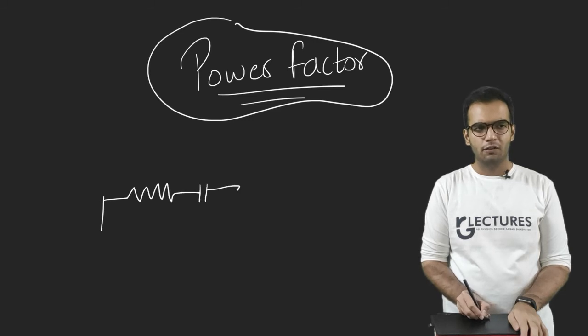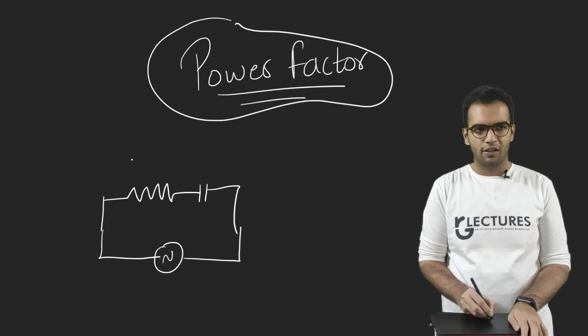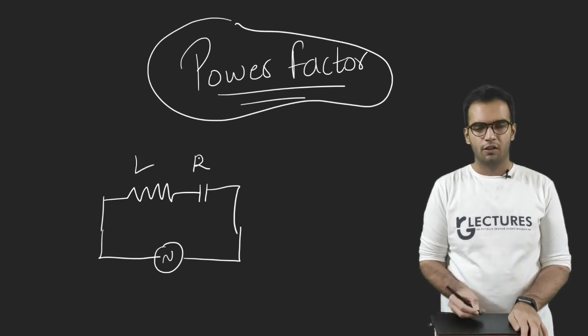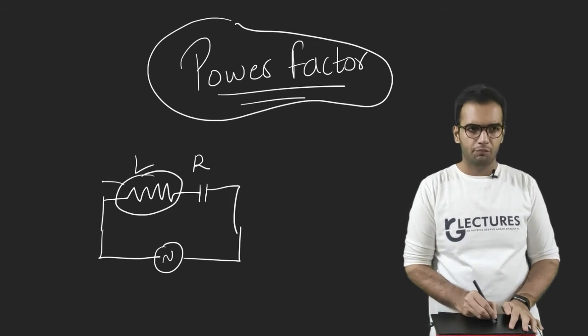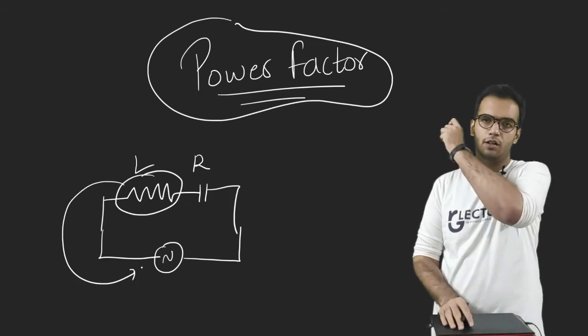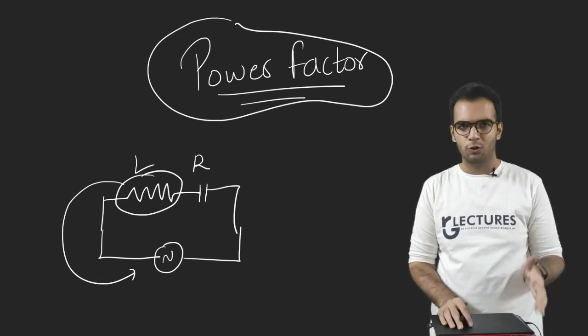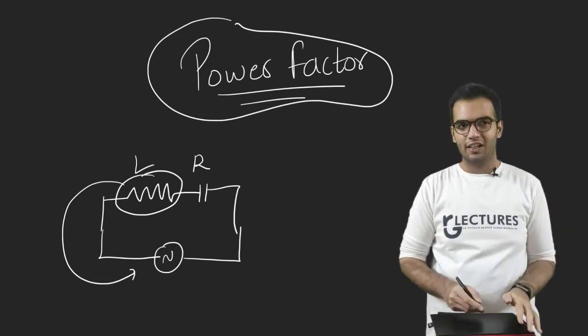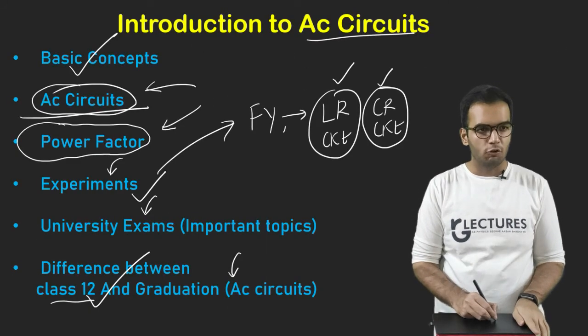Whatever you were doing in class 12th, you were drawing diagrams like this for the LR circuit, right? Now in real life, how will you connect? You will take a resistor and directly connect it to your AC mains power supply? No, of course you cannot do that. So the circuit connection is actually very different from this. So I will cover the experiments also.